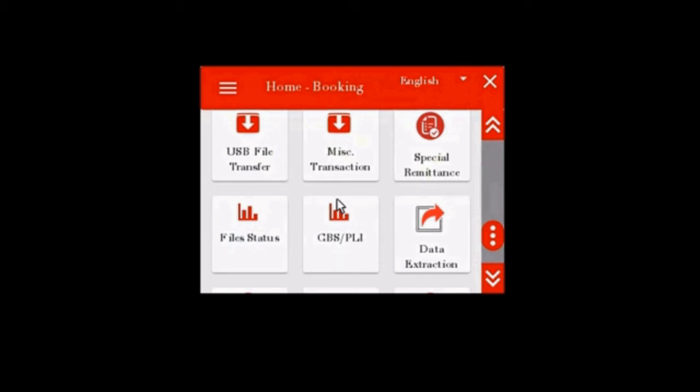Our next option is called CBS PLI interim tool. This option is very important for the BPM. Whatever work is done in CBS application and PLI application, that is other than work in demo booking app and L app, has to be entered in the CBS PLI interim tool every day without fail.